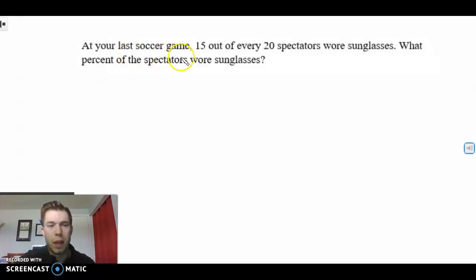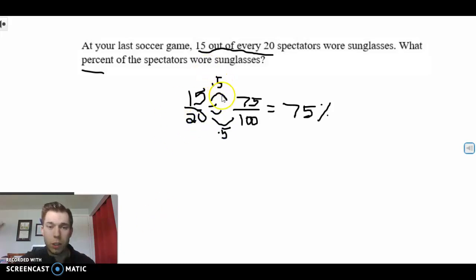Look at one more here. At your last soccer game, 15 out of 20 spectators wore sunglasses, and we want to know the percent, or out of 100. So 15 out of 20 spectators wore the sunglasses. So you multiply each one by 5, get 75 out of 100, which would be 7